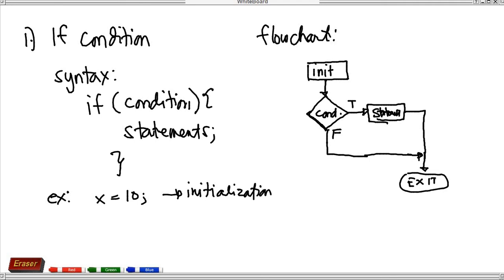Okay, this is now your initialization part. And then your condition is if x is, let us say for example, less than 20. Therefore, what we're going to do is, we're going to say x is equals to 10 plus 5. Okay, for example. So, what will happen here is,